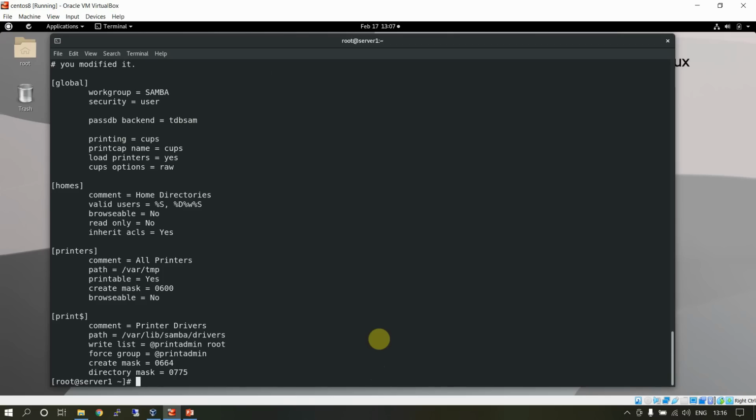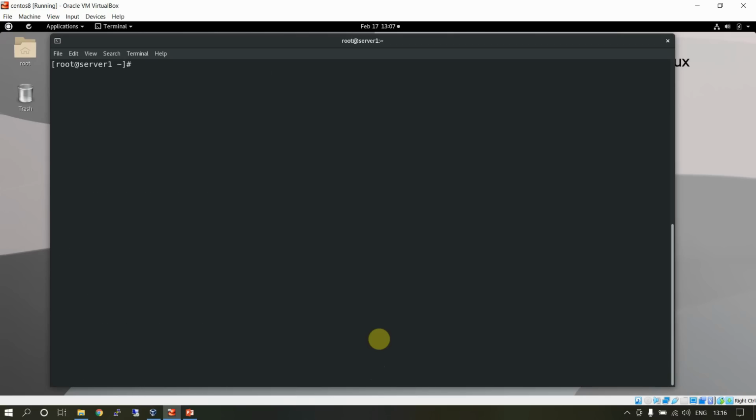So contents are still accessible, and that means I can simply move this file smb.conf, mv smb to /etc/samba, and that means now I have restored my original file at the original location. That was actually the hard link because they were actually the same thing.